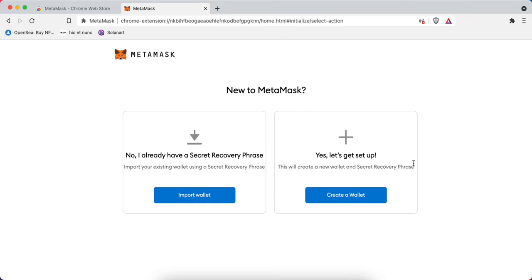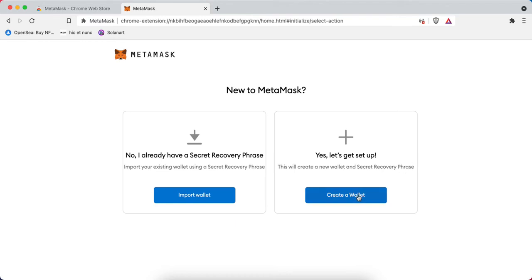If you had bred some CryptoKitties in 2017, started with MetaMask, and created a wallet but have not used it in a long time, you could simply recover that with the secret recovery phrase, sometimes called the seed recovery phrase, just by importing the string of 12 or 24 words that you would have jotted down at that point in time. However, if we've never interacted with the decentralized web, we can create a brand new wallet in just a